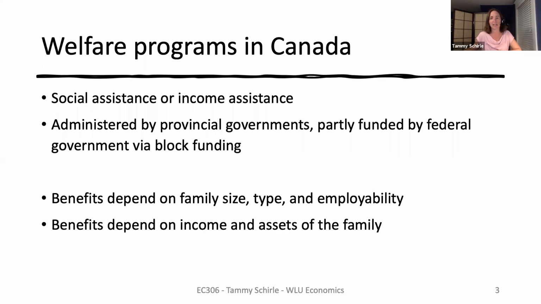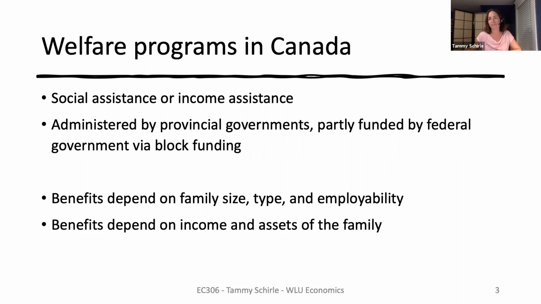In all provinces, there are limits to the income you can receive from other sources before being ineligible for benefits. And there are often restrictions on assets, including how much money you can hold in a savings account. For example, in Ontario, a single parent is allowed up to $10,500 in assets, with exemptions for some property and vehicles.